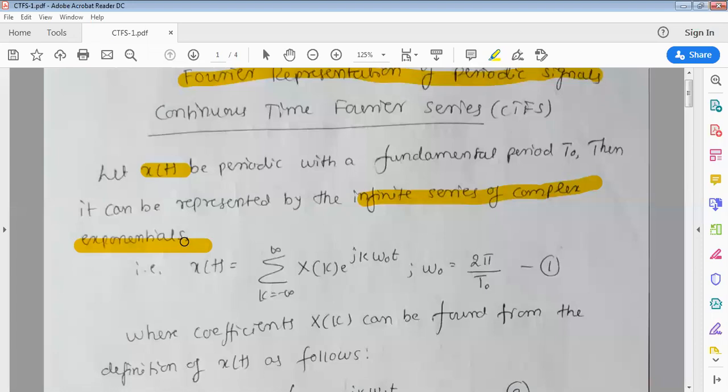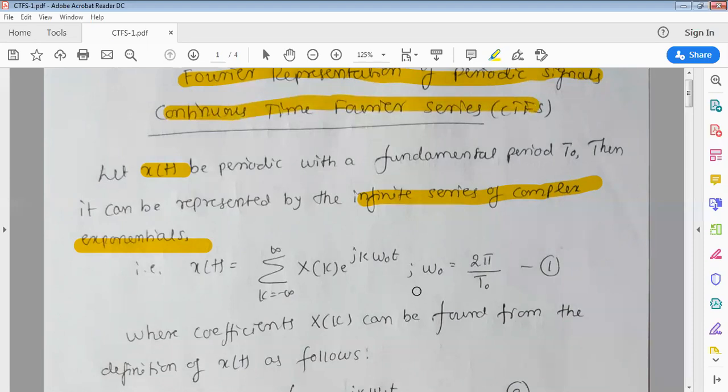Okay, for that Fourier series is not required. If any signal is non-sinusoidal, you can understand by writing the Fourier series what frequency components are present. In this section, we are looking only into continuous time signals. We are not looking into discrete time signals. That will come in the subsequent sessions. In continuous time, I'm looking only at the Fourier series.